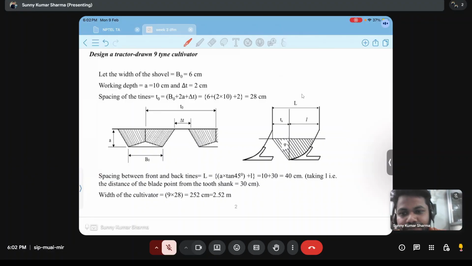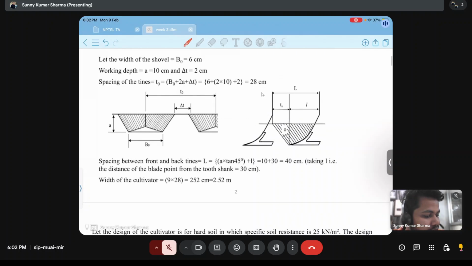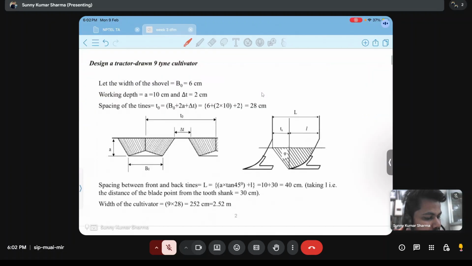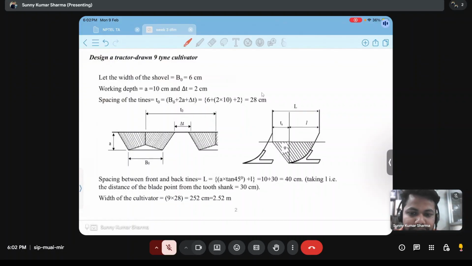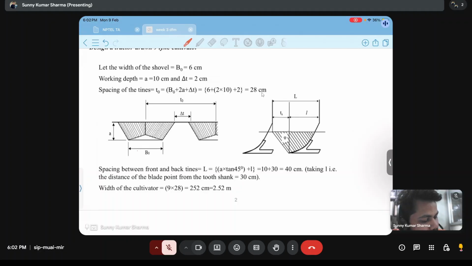drawn 9 tine cultivator. For designing a 9 tine cultivator, we will first design a tine, and for that, as we have discussed in last class, we need to have a proper spacing between the two tines, lateral spacing and transverse spacing. And for that, the working zone, that is of the working element of this cultivator has a width of